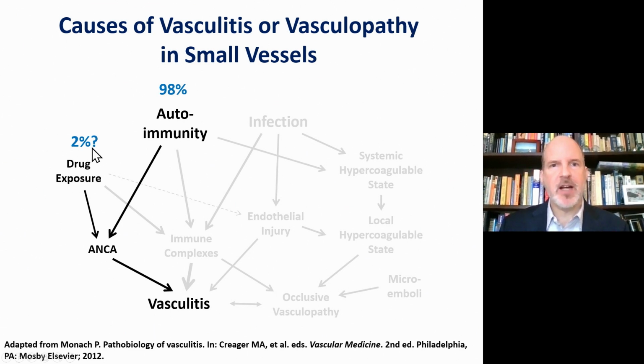This isn't quite right. It's still autoimmune anytime you have anti-nuclear cytoplasmic antibodies, but in a very small percentage of cases, it's drug exposure from drugs such as propylthiouracil. But one way or another, you develop autoimmunity. Most of the time it's idiopathic. You get ANCA, and these, I can't get into all the details, but probably cause vasculitis, at least in the